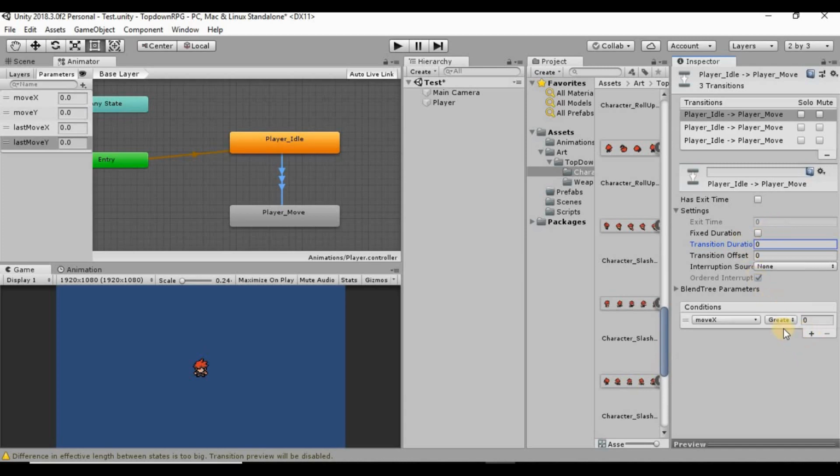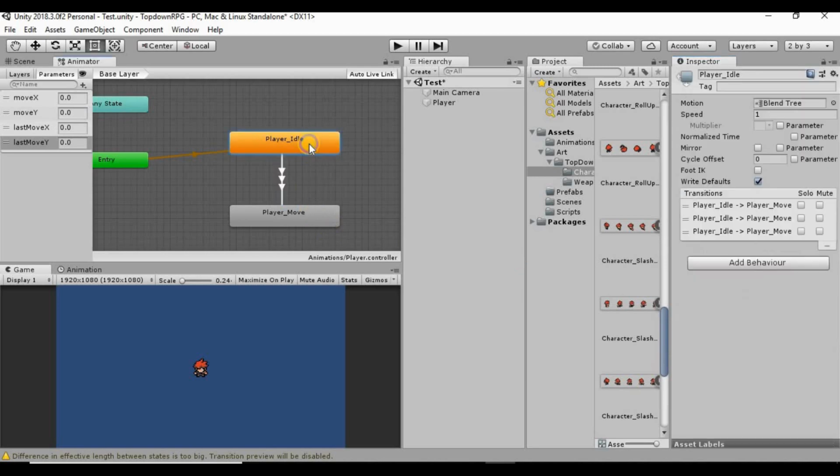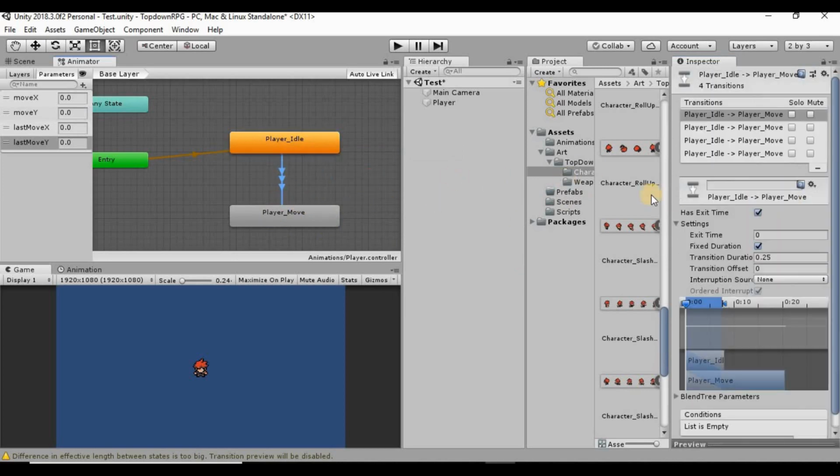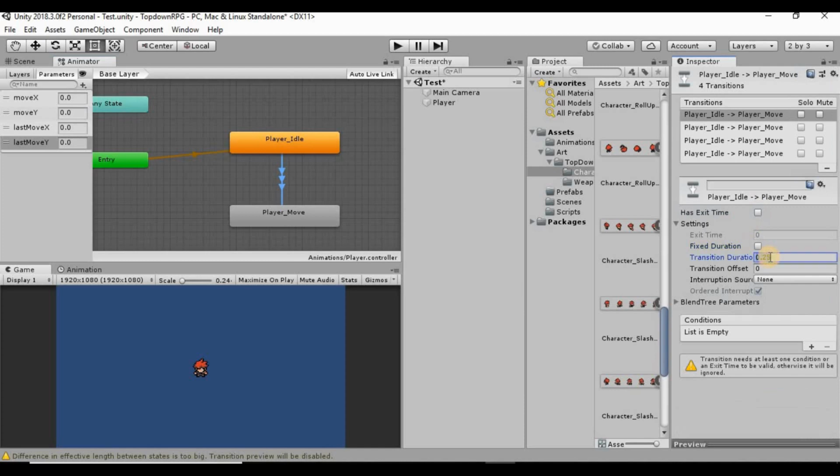And new condition, if move y is greater than 0.1, and then one more transition to our move blend tree, and turn off exit time, turn off fixed duration, transition duration to 0, and a new condition. We're going to say if move y is less than negative 0.1,